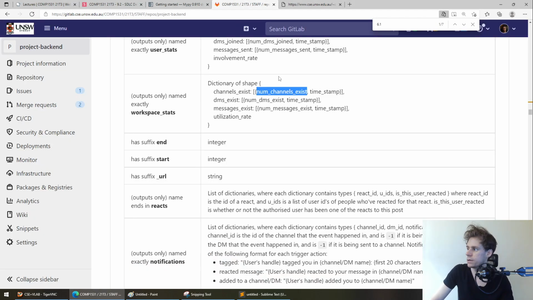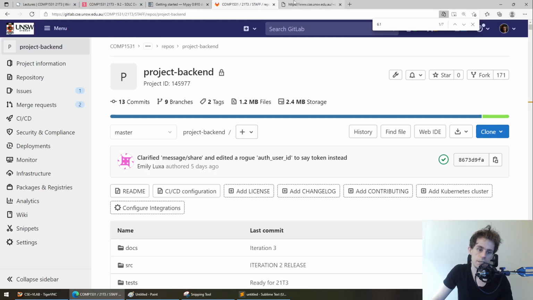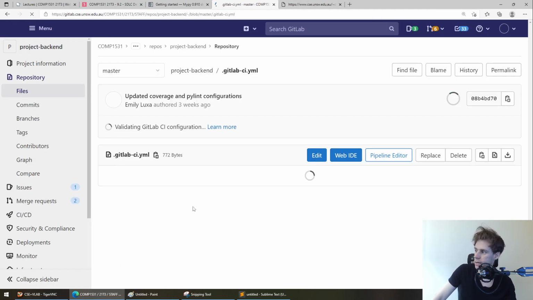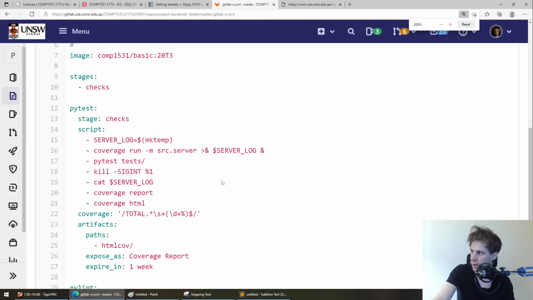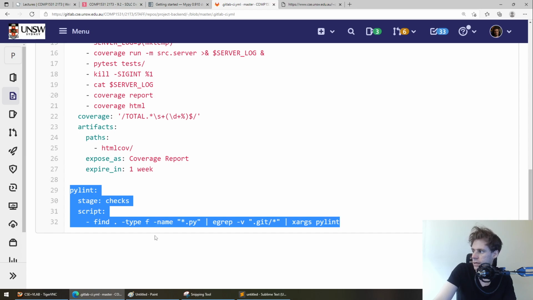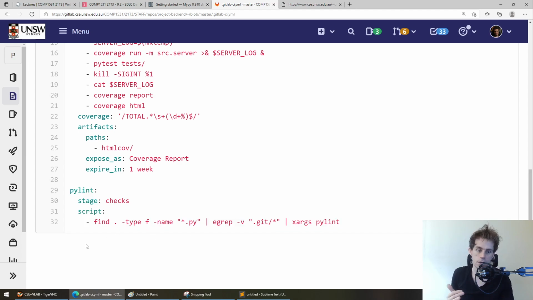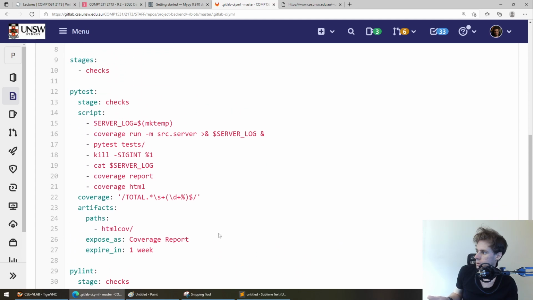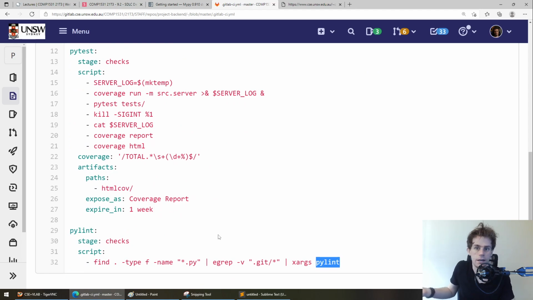And just last question quickly. Blake says, can you show how we did type checking in the pipeline? I've never done it, but honestly, the thing is, it's really very similar to Pylint. So if I was doing it right now, I would just copy this whole thing and paste it again and call it type check. And then I would just change Pylint to MyPy. And then I think that would be it, actually. I think that would be the whole thing. And it will work on CSE because MyPy is part of the runner environment.